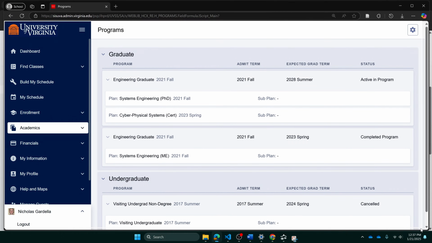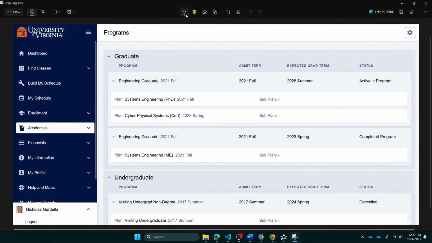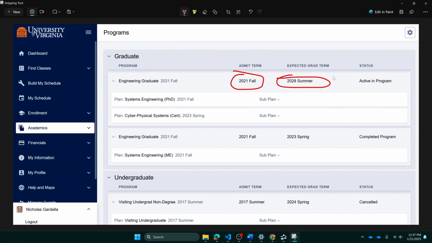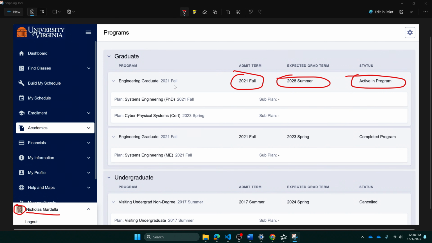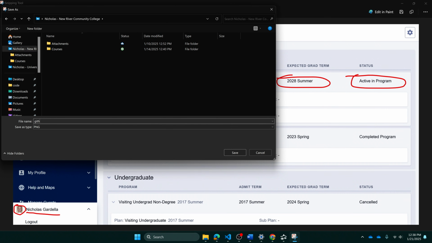And to make it super obvious, I can also go in here and mark up this picture a little bit. So I can say my admit term, my grad term, I'm active in program, and you can see my picture down here. Whoops, undo with Control Z. My picture down here and my name, and that should be a pretty good proof. And so I'm going to save that as GitHub Ed